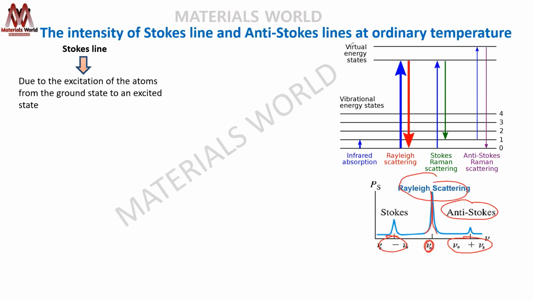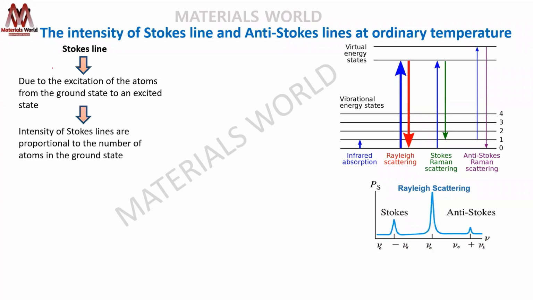We are not interested in Rayleigh. Okay. So due to excitation of atoms from the ground states. So you have atoms at ground states. So let me draw that. So higher the atoms at ground state, more will be intensity of Stokes line. Got my mind? Because higher the atoms at ground state, more atoms will excite to the higher energy, and more